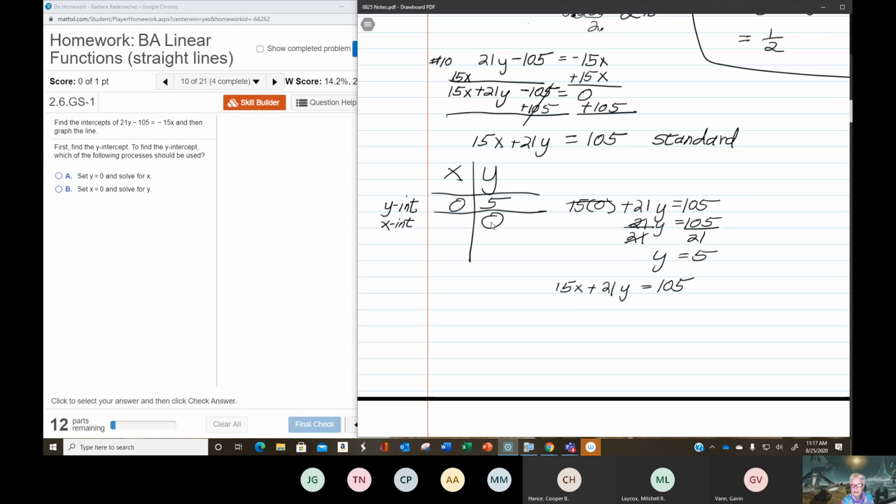I'm going to let y equal 0 this time. 15x plus 21 times 0 equals 105. 21 times 0 is 0, so what that leaves me with is 15x equals 105. Divide by 15. Cancel, cancel. x equals